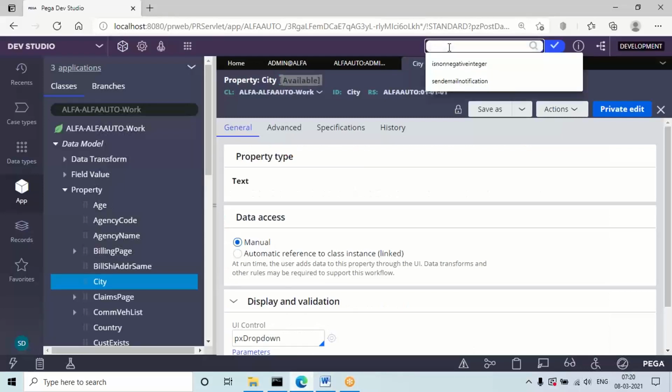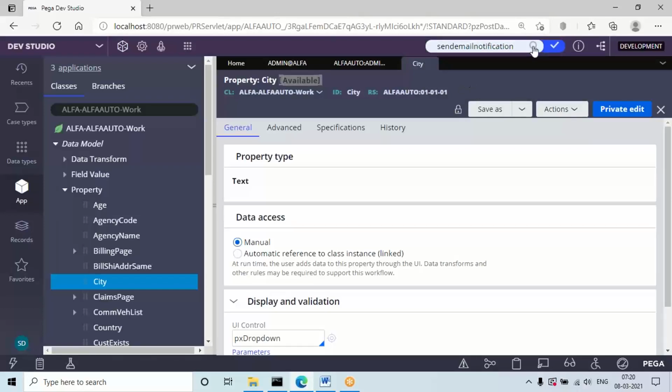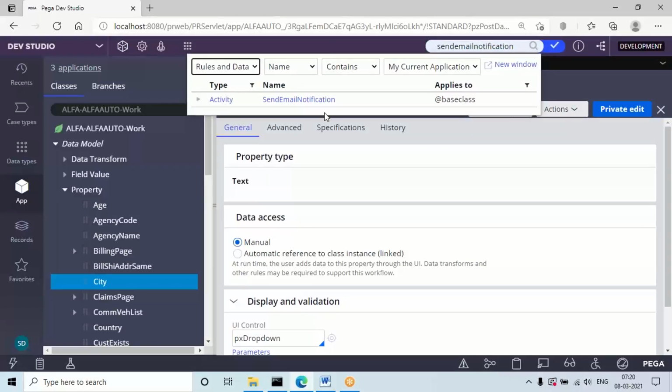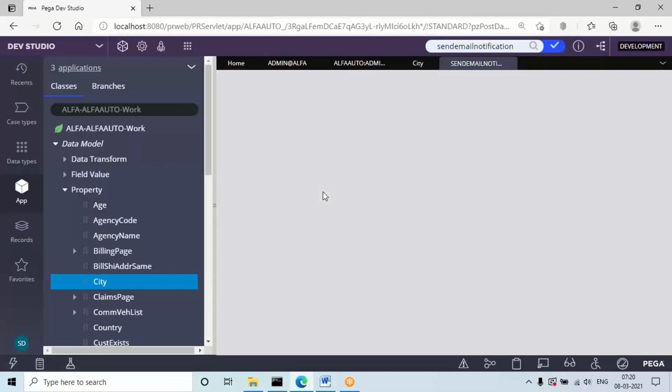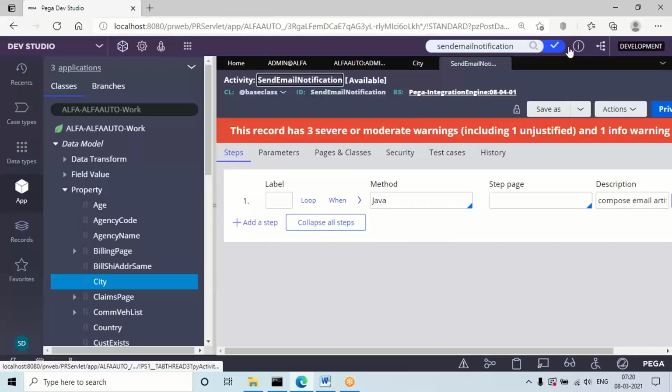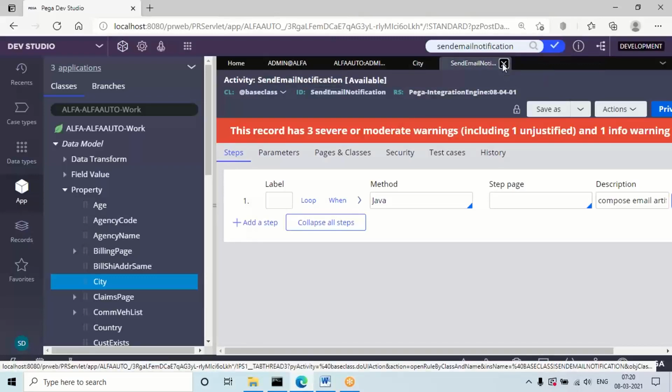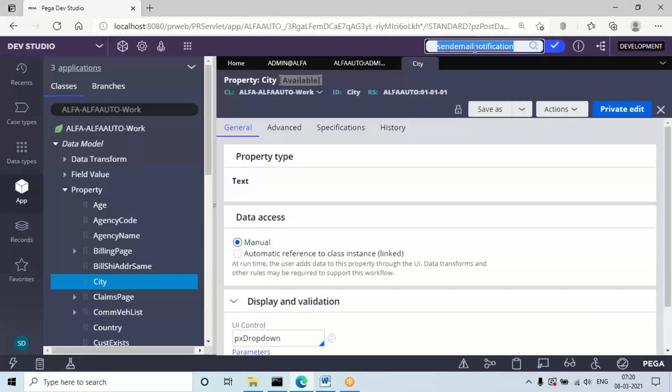Let me open some predefined rules. Suppose I open this send email notification, one activity will be there. You'll understand about that later. I'll try to open that. Okay, not this one. Okay, I'll open some other predefined API. Let me check this.